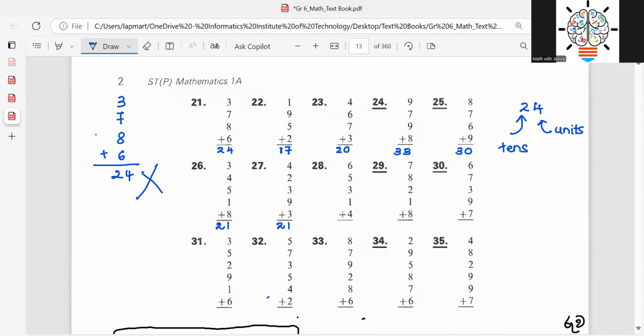So then we have 4 plus 1, 5. 5 plus 3, 8. 8 plus 5, 13. 13 plus 6, 19. So then here 19. 8 plus 1, 9. 9 plus 2, 11. 11 plus 8, 19. 19 plus 7, it is 26. Right? So then I'll write it nicely. The 6 is okay,